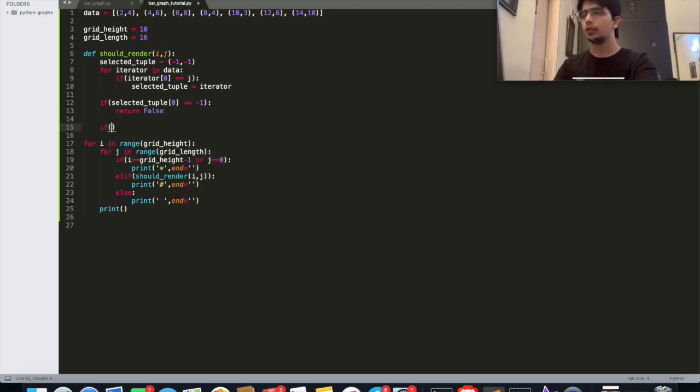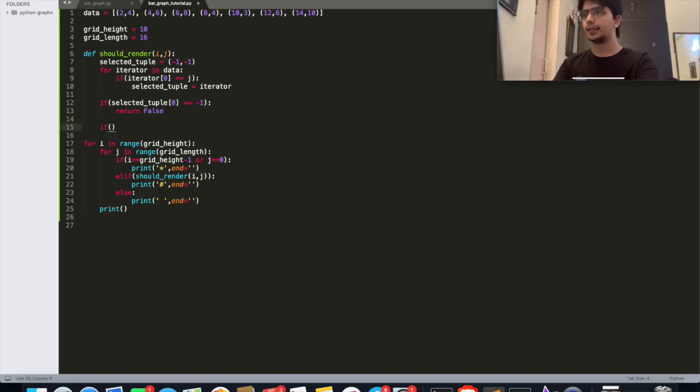Now for our i value, that means now that we are in, let's say, the second column, we need to see where our bar graph needs to render. Take the example of (2, 4): it needs to render for 4, 3, 2, 1, but for the 5, 6, 7, 8 rows it should not. And if you remember, the i works in an opposite manner, so it's actually 0, 1, 2, 3, 4, 5, 6 it should not render, but 7, 8, 9, 10 it would, because our height is 10. So let's just make that logic.